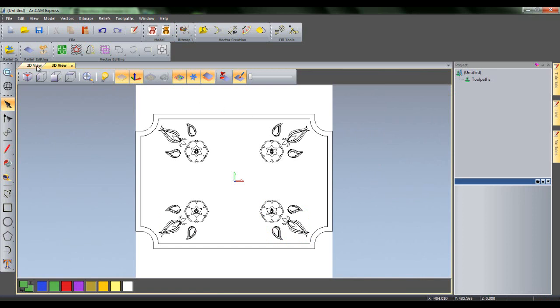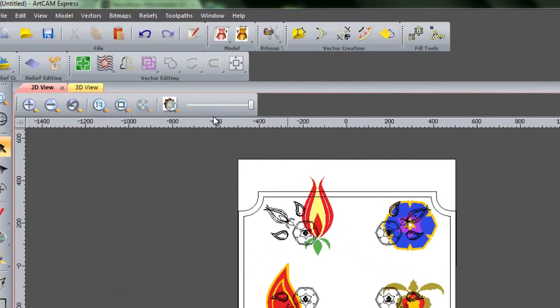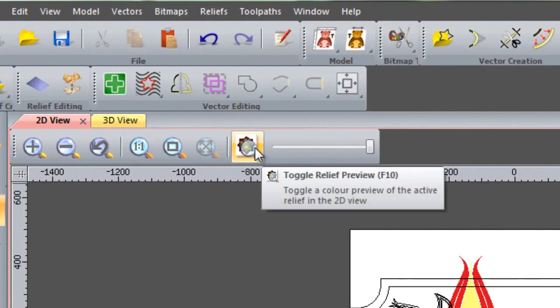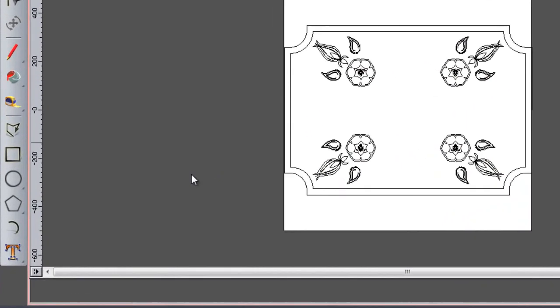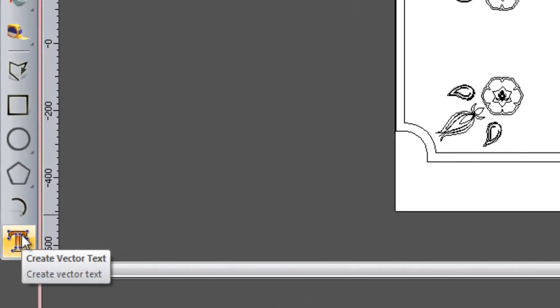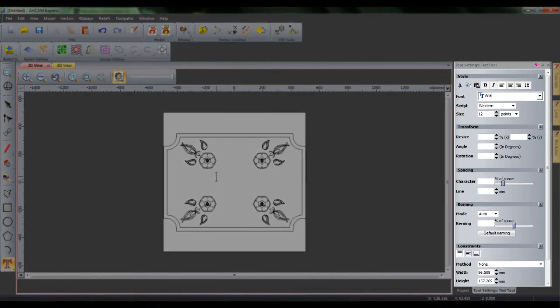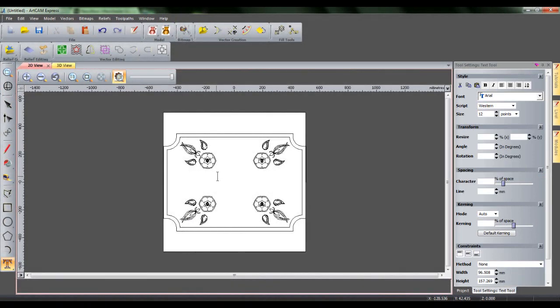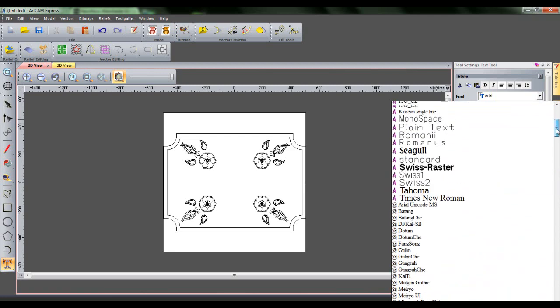If I switch to the 2D view again, I can now create my text. In order to hide the bitmap, select Toggle Relief Preview. To create the text for the center of my sign, I can click the Create Vector Text icon. You'll notice, again, a specific tool settings menu has appeared on the right hand side of the screen. Here, I'm going to select the seagull font by scrolling up to it